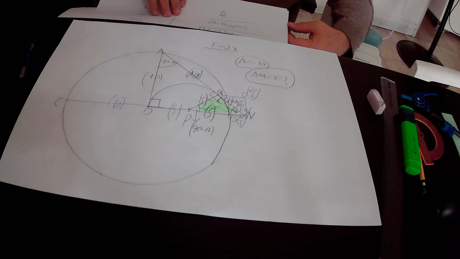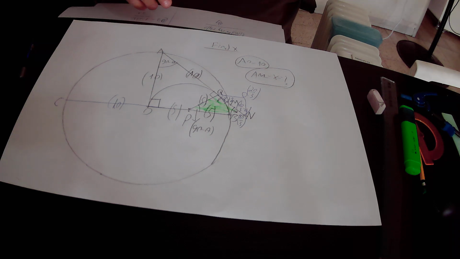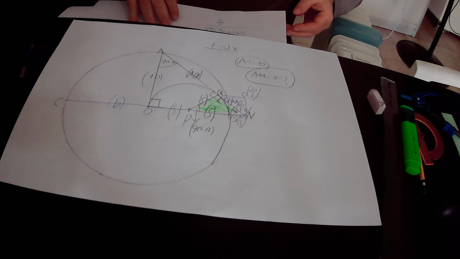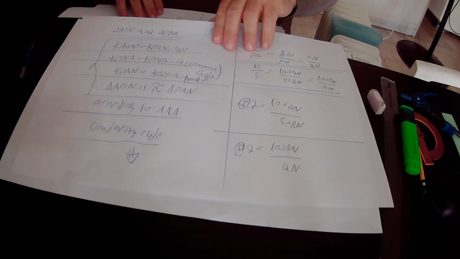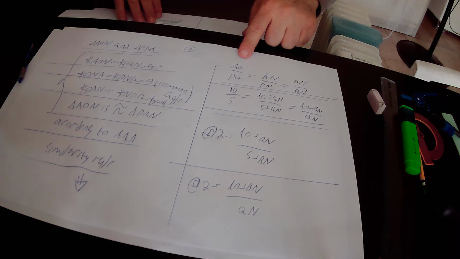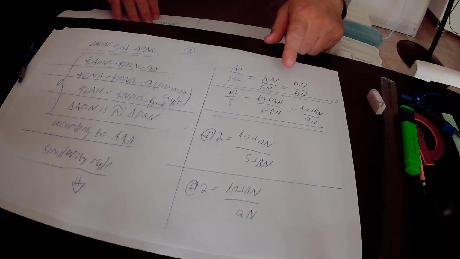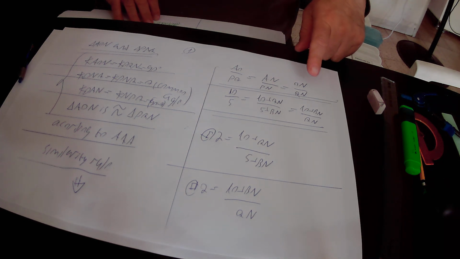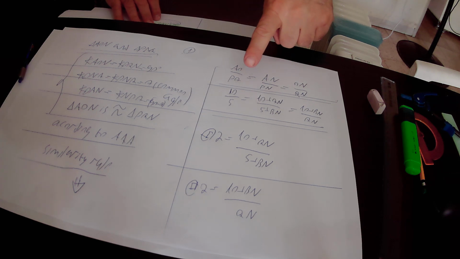Okay, and from the fact that the green triangle PQN is similar to the right big triangle AON, we will derive that the following relationship exists between their sides. We will derive that AO, side AO in the big triangle, over PQ in the small triangle equals AN in the big triangle over PN in the small triangle, and it equals ON in the big triangle over QN in the small triangle. AO is 10, PQ is 5,